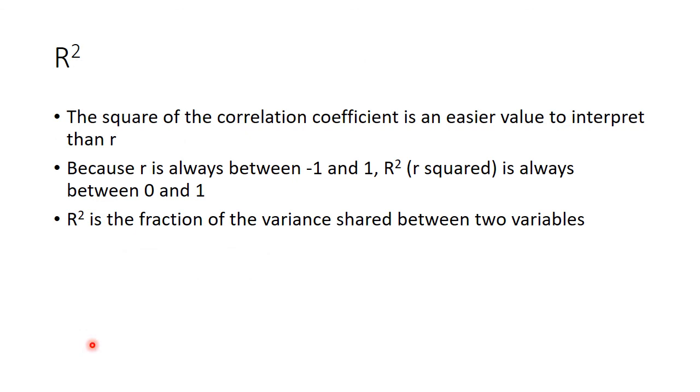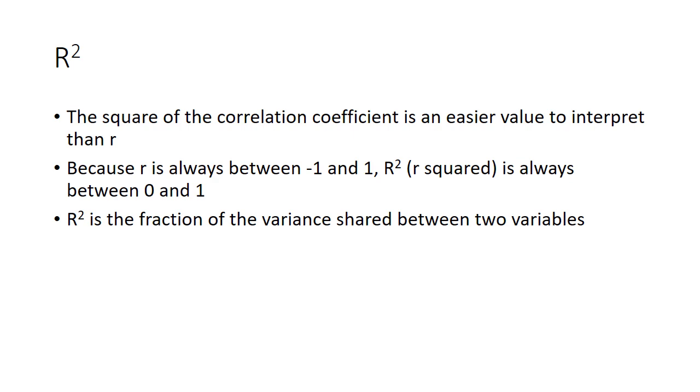So another value we can see is our R squared value. If we take the square of the correlation coefficient, this becomes an easier value to interpret than just the R. Because R is always somewhere between -1 and 1, R squared is always going to be a positive number between 0 and 1. By looking at the R squared, it's going to be the fraction of the variance shared between the